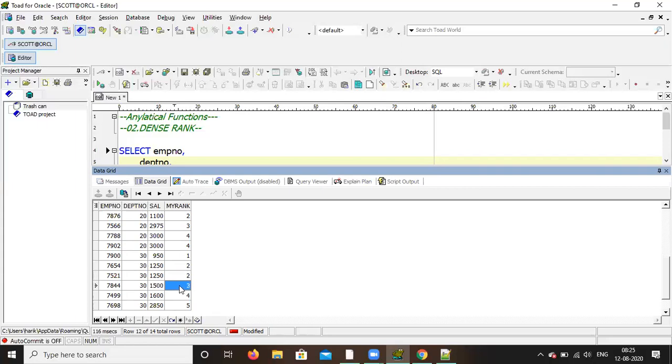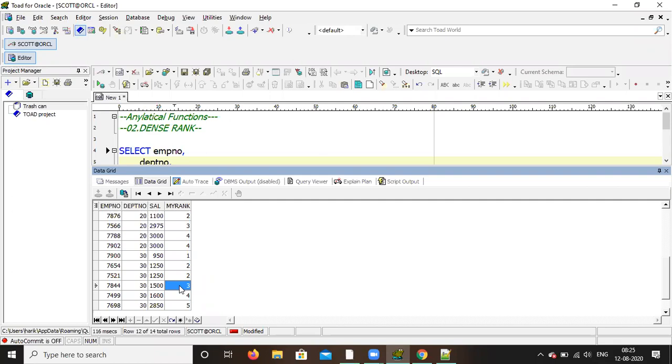And this is the intro question also. What are the analytical functions? You have to tell one by one. And what is the difference between rank and dense rank? So here you have to tell, like, if similar salaries are there, it will become second 2 times. The next one it won't skip. The next one will be 3. But in the other case, it will be 4.